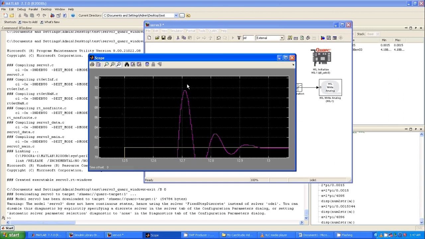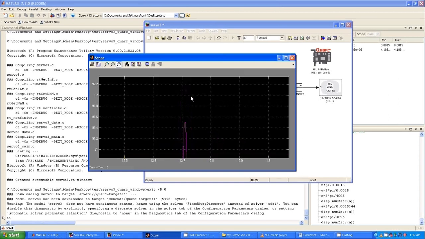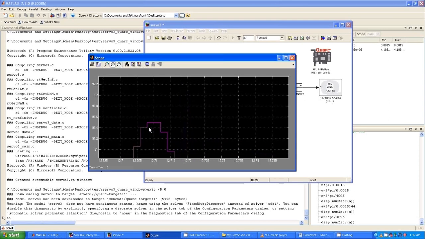We have given a step reference of 80, and for this there is a maximum overshoot going till 91.5. Okay.